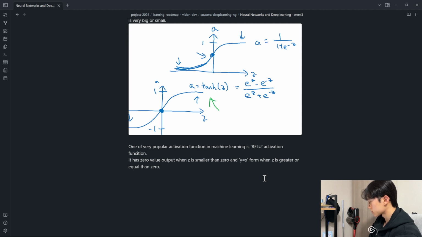This usually works better than the ReLU activation function, although it's just not used as much in practice. Either one should be fine, although if you had to pick one, I usually just use the ReLU. And the advantage of both the ReLU and the leaky ReLU is that for a lot of the space of z, the derivative of the activation function, the slope of the activation function, is very different from 0. And so in practice, using the ReLU activation function, your neural network will often learn much faster than the